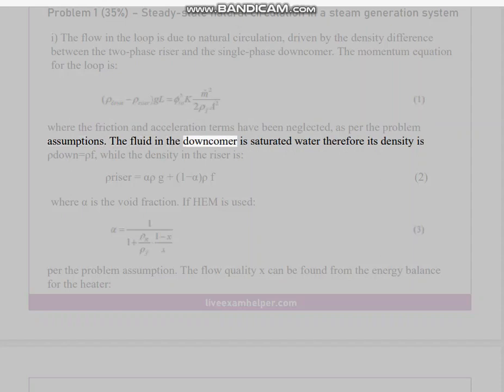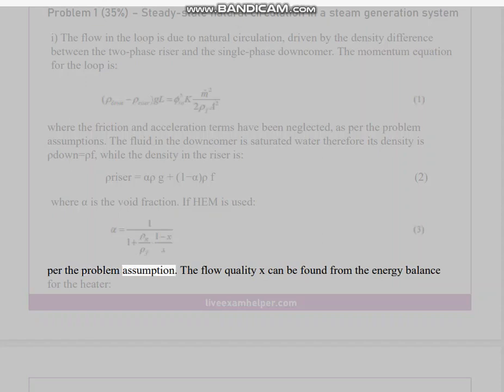The fluid in the downcomer is saturated water, therefore its density is rho_down equals rho_F, while the density in the riser is rho_riser equals alpha rho_G plus (1 minus alpha) rho_F, where alpha is the void fraction. If HEM is used per the problem assumption, the flow quality x can be found from the energy balance for the heater,